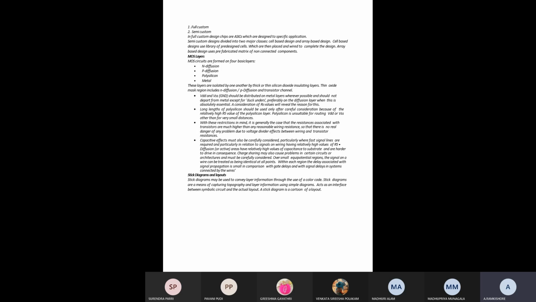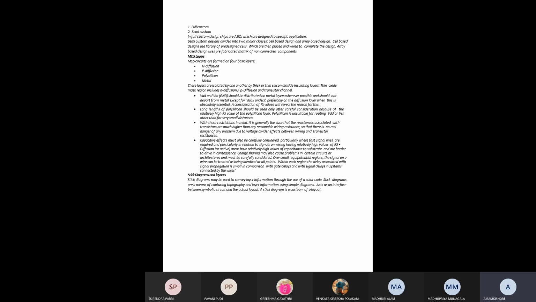For these designs, we have different MOS layers. That is, MOS circuits are formed on mainly four basic layers. Whatever we are designing, we are fabricating different types of MOS transistors: N-type MOS transistor, P-type MOS transistor and CMOS transistor.